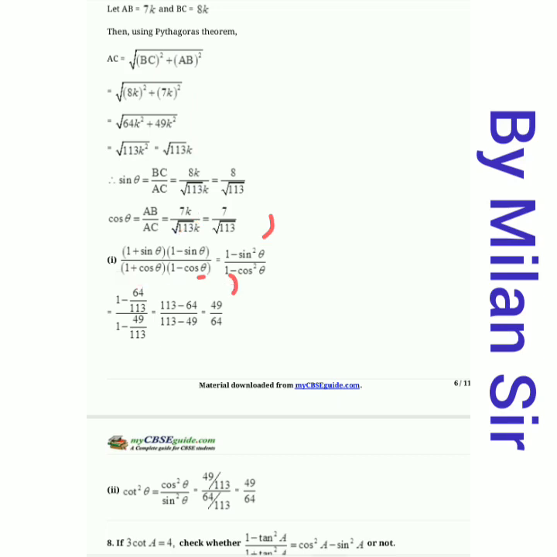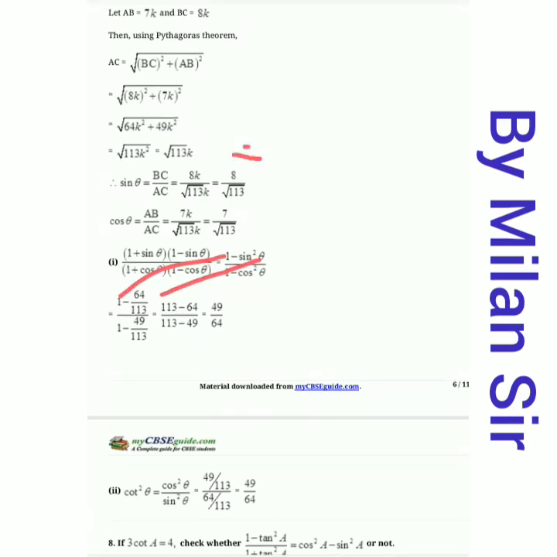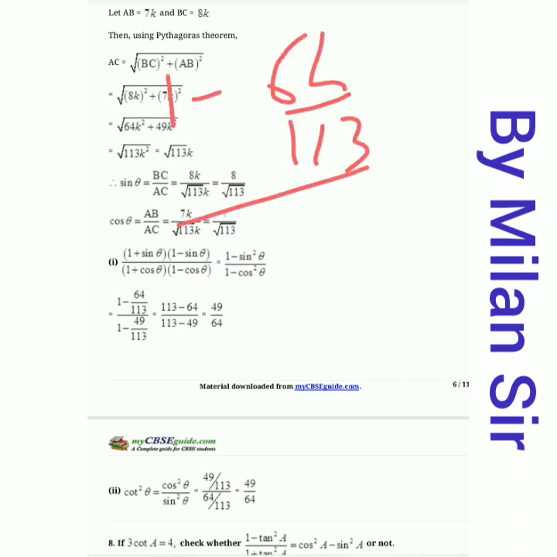So first term it is 1 minus sin square theta, and second term it is cos square theta. Right, so 1 as it is, sin square theta, then sin theta is 8 upon under root 113, all square, so 8 square is 64 and under root 113 square is only 113. Right, so 1 minus 64 upon 113, then in denominator again 1 as it is, cos square theta, cos theta